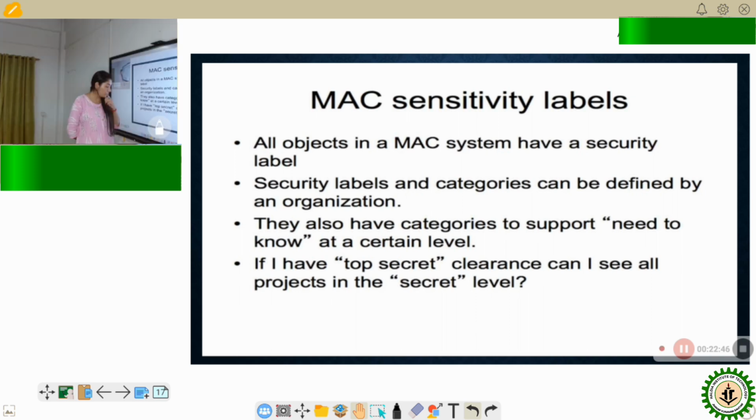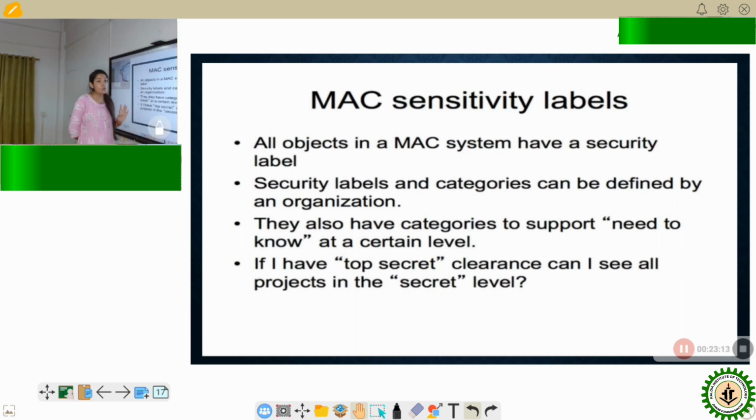Okay. Now, a question which arises here is, suppose someone has the highest level of clearance. For example, let us consider the three security levels here: confidential, secret, and top secret, where top secret is the highest clearance level where you can access the most sensitive information.